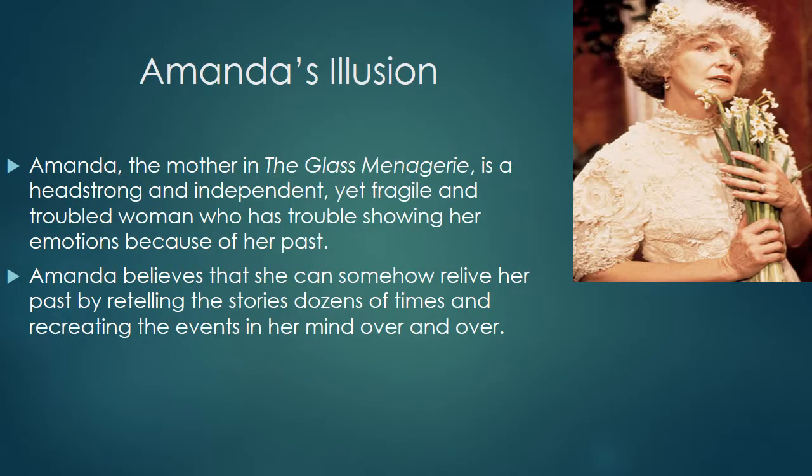Amanda's illusion. Amanda, the mother in the Glass Menagerie, is a headstrong and independent, yet fragile and troubled woman who has trouble showing her emotions because of her past. Because of the emotional pain she feels from her past and from her husband leaving her, she tries to hide behind a wall of anger, frustration, and almost emotional absence. This causes her to be a very harsh mother who almost doesn't seem to care for her children. However, she actually does care about them and only wants the best for them. But because of this wall that she has to put up, she is not able to really